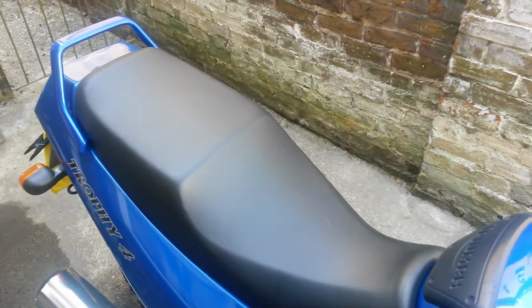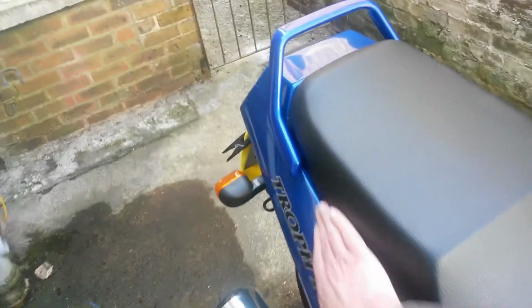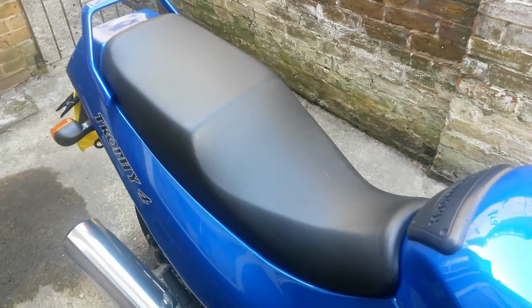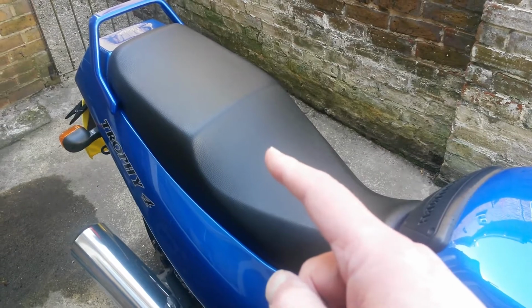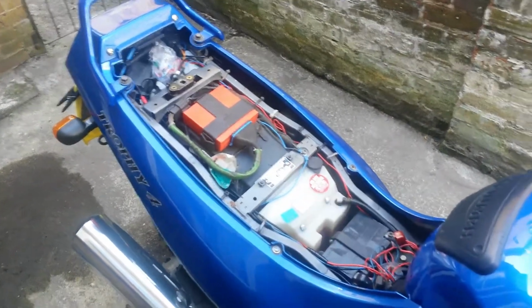So under the seat it had to be, and oh dear, bit of a smudge there. So let's just get rid of the seat and we'll have a look and see what I did. Hold on a second. So the seat is now gone, as you can see,